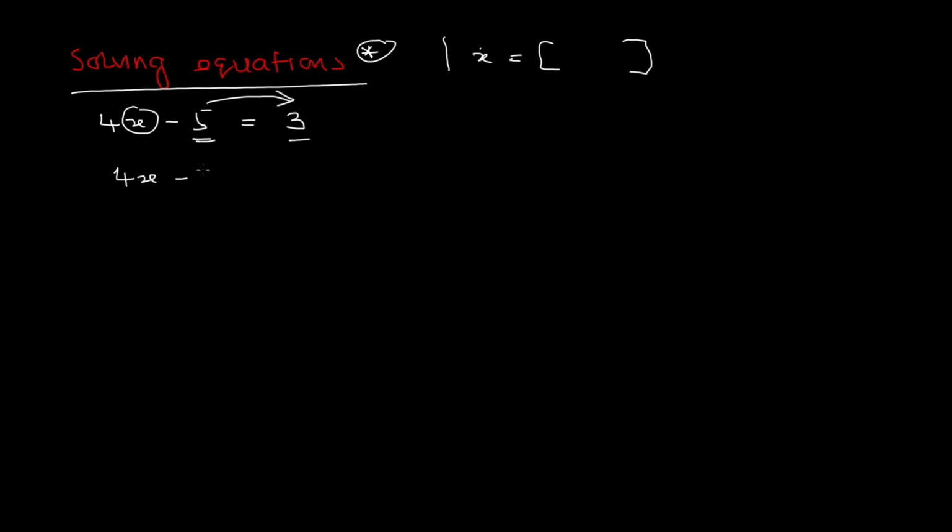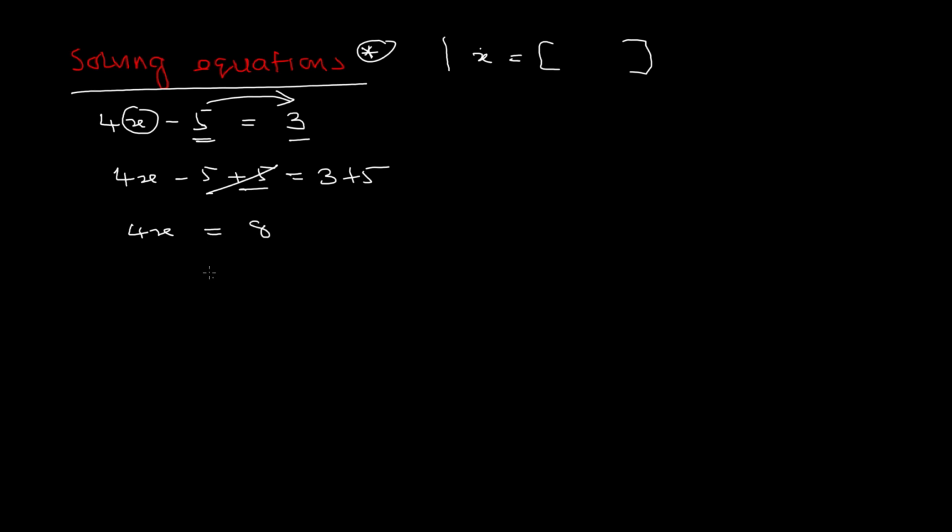If we have to remove 5 from here, we can remove it by giving it its equal and opposite number. But the same thing I have to make sure that I do on the other side. So these cancel out. Then I have 4x equal to